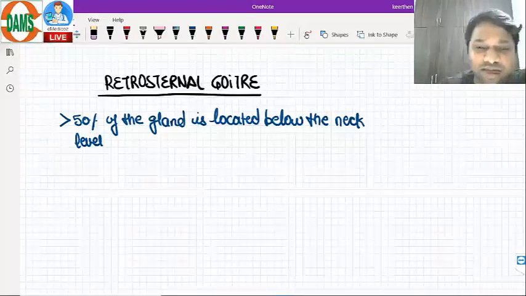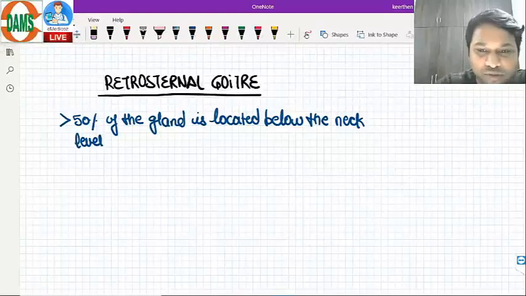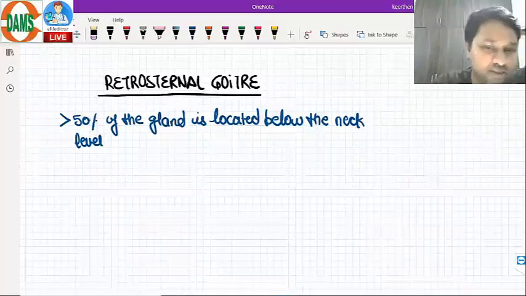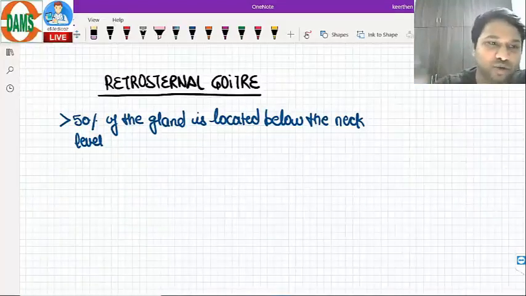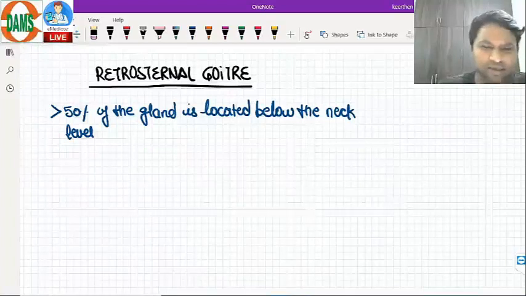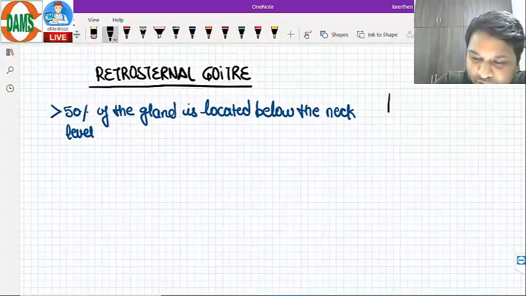Thyroid surgery associated doubts, I'll do it day after tomorrow. If you are not comfortable with whatever I've taught you, then you can continue as doubts, right? For now, you forget about the surgery. You have written down subtotal, you have written down Dunhill. We'll talk about it. Okay. Now let's concentrate on retrosternal. It's a lot of concept that you need to digest here. Now in a retrosternal goiter, when I say